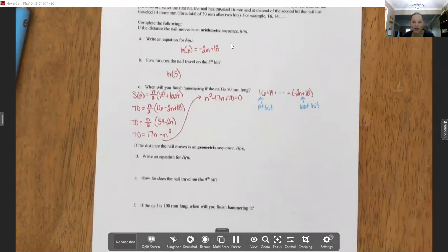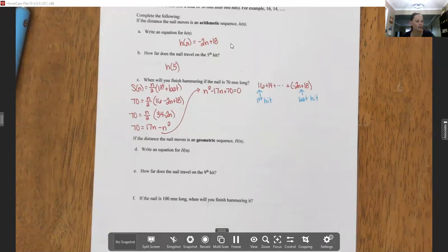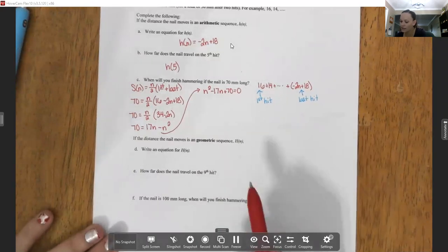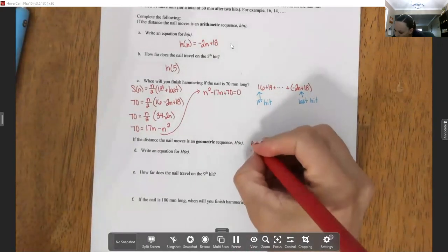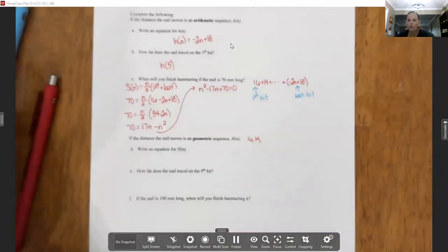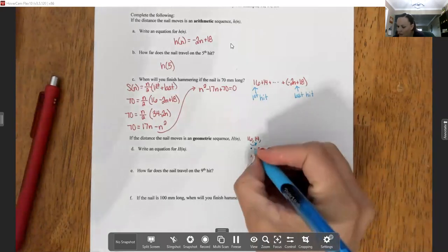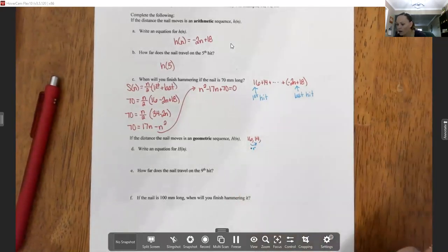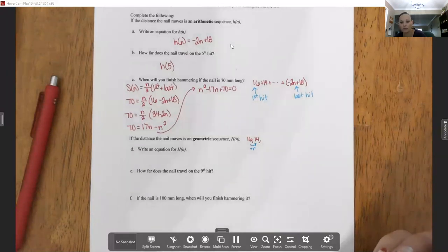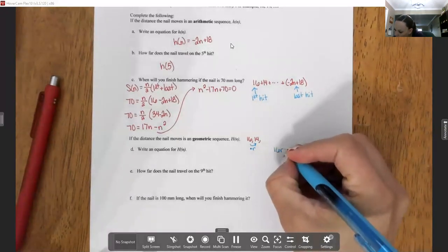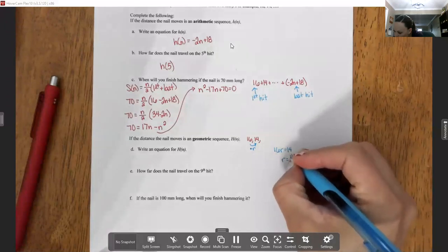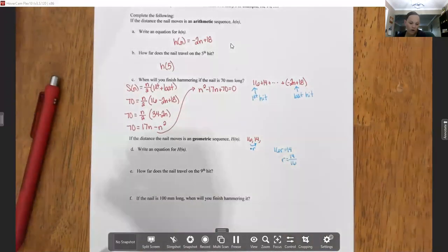And then down here, if it's geometric, so this one's a little bit trickier. If it's geometric, we know we are multiplying by some number. So our sequence is 16, 14. And so we want to know, what do we multiply by? So 16, I'm just going to call it R. So 16 times R is 14. So 16R equals 14, or R equals 14 divided by 16,